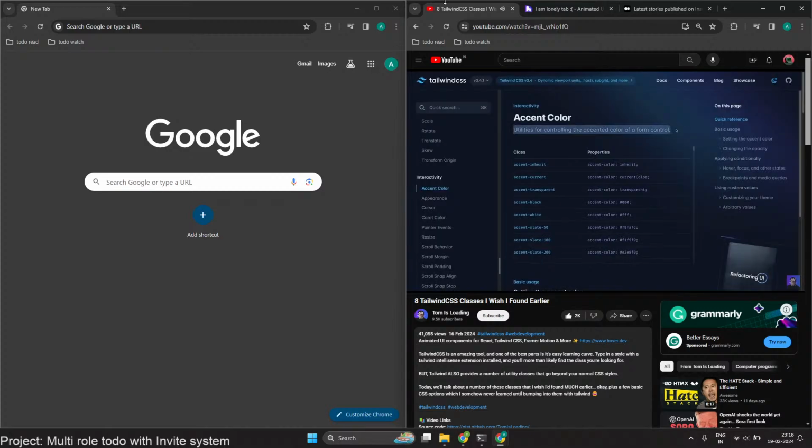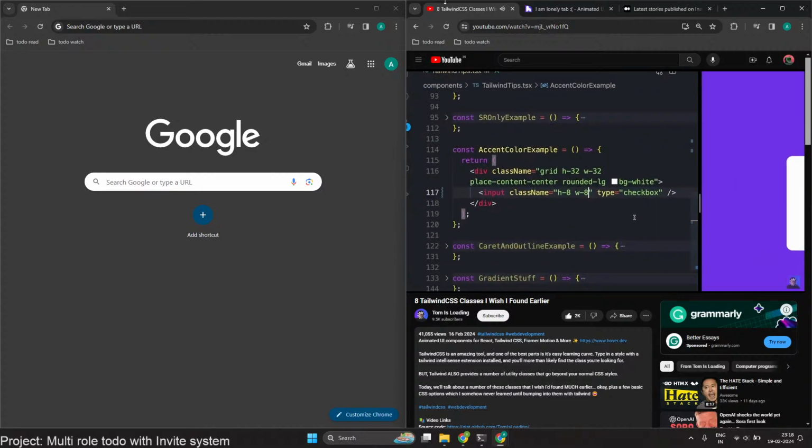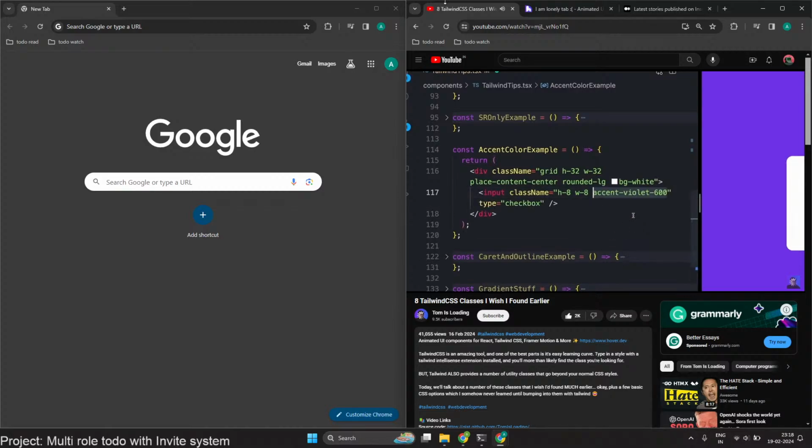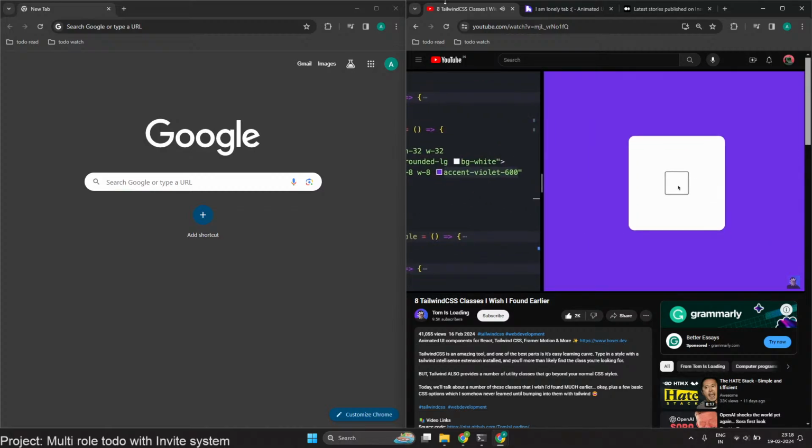This next one's honestly just basic CSS, but I feel like I never knew this before for whatever reason, so I'm going to show you here. And that is accent color. By default, styling for different form inputs like checkboxes generally have something like this blue color or whatever is default for your browser, but you can actually style these by adding an accent color. So I have my checkbox input here, and I'll just add an accent of violet 600, and now we'll see that whenever I click on my checkbox here, it's going to be styled with that color.